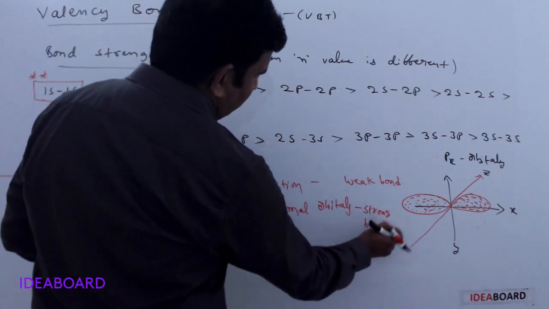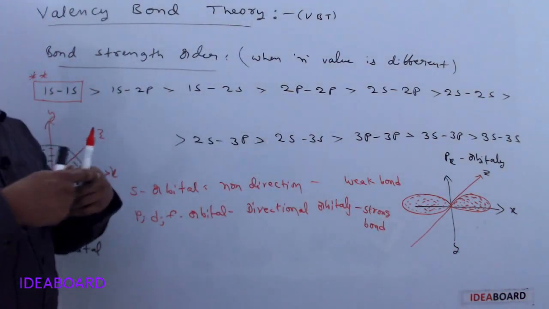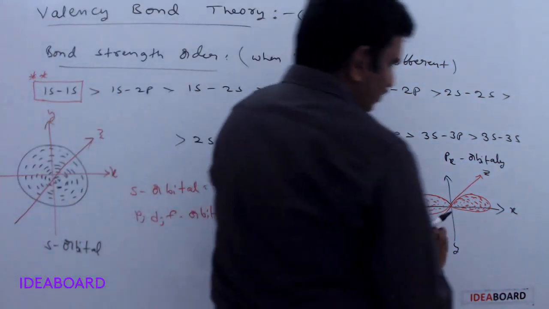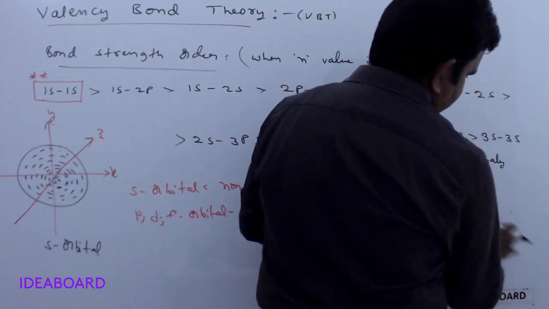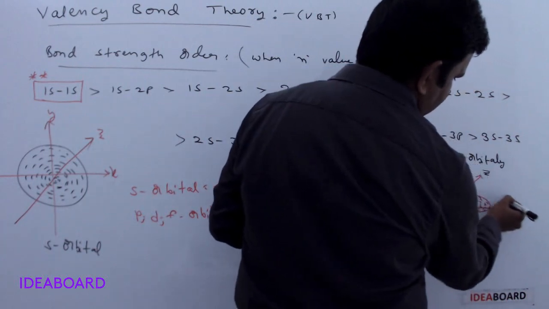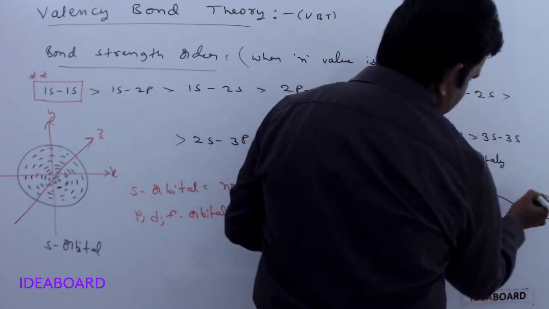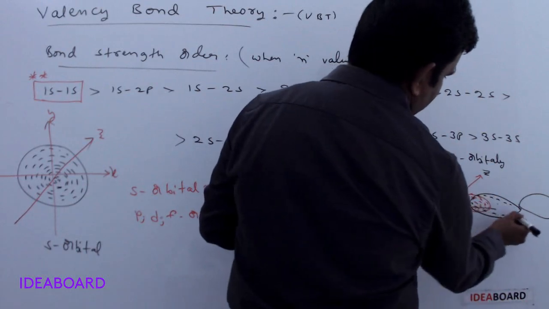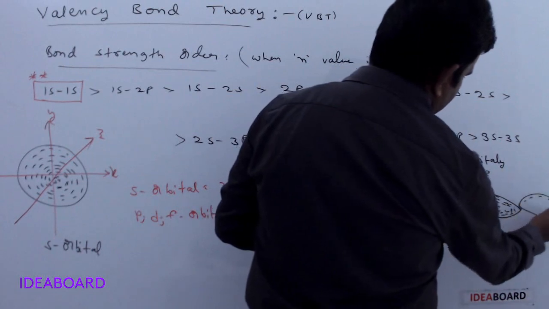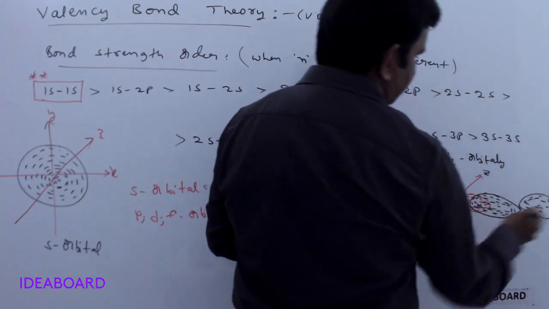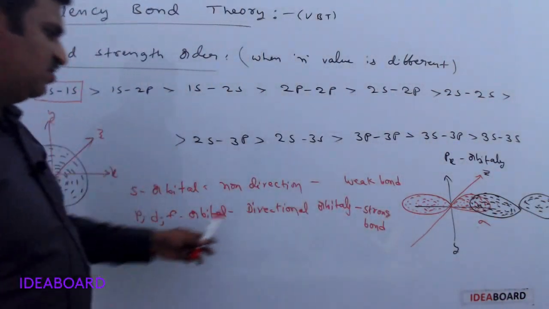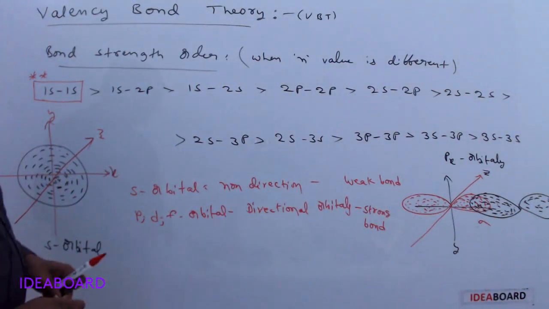They form strong bonds because the overlapping is only in that direction, and so the extent of overlapping is more. For example, I am writing another orbital, a p orbital. This is, for example, a px orbital. Another px orbital is also overlapping. In this direction only the electron density is present, and these orbitals overlap strongly, so it is forming a sigma bond. This is the electron density of another orbital, and this is called sigma bond formation. This is a directional bond, and strong bond formation occurs.